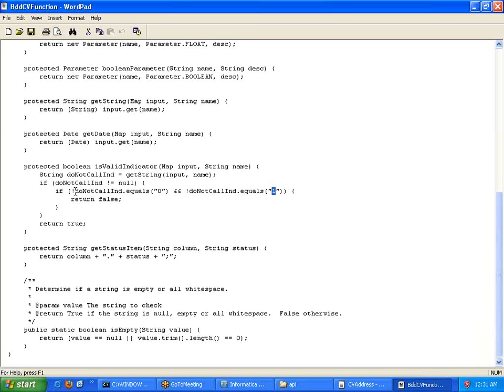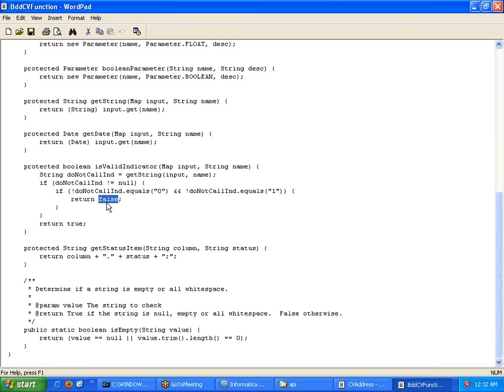Can you see here, this is the not-equals check on the stored input data: if the indicator is not equal to 0 and not equal to 1, which means if the input indicator value is other than 0 and 1, then it is going to return false.